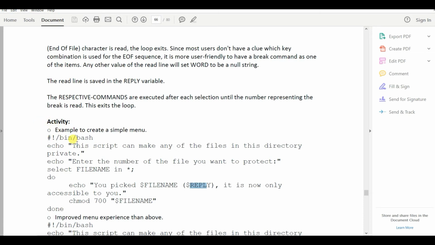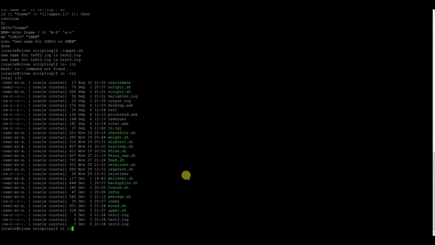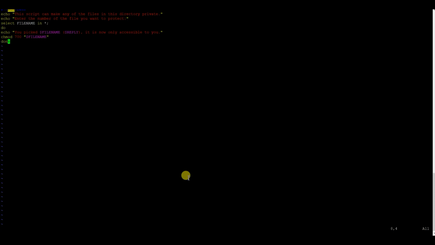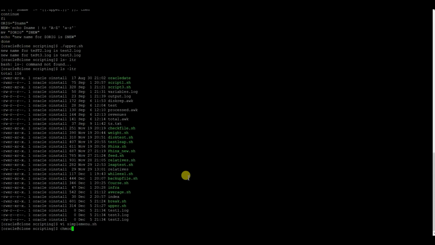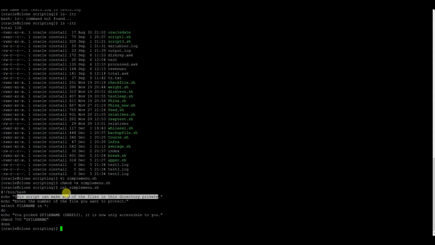So let us create a simple menu. I will just create it and I will show you the output. This script can make any of the directories or any of the files in this directory private.